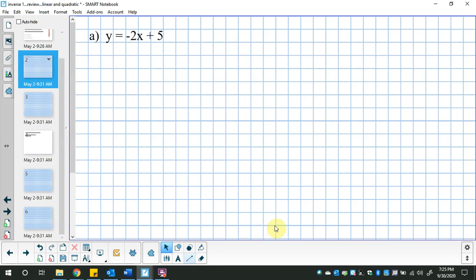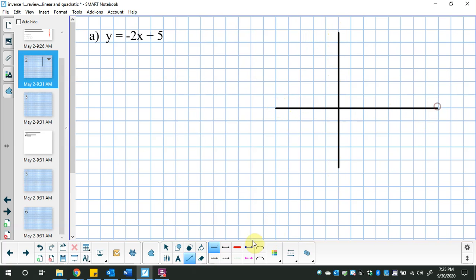So the first thing I want to do is draw the x and y axis, and I don't know exactly where this is going to end up, so I'm going to centrally locate it. This is a line. So I don't want to think too hard about where it's located like I would with a parabola or something a little more specific. But if I put the y equals mx plus b underneath this,